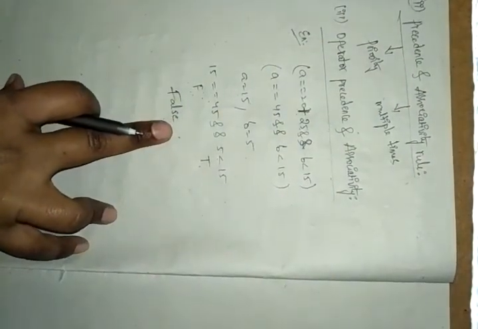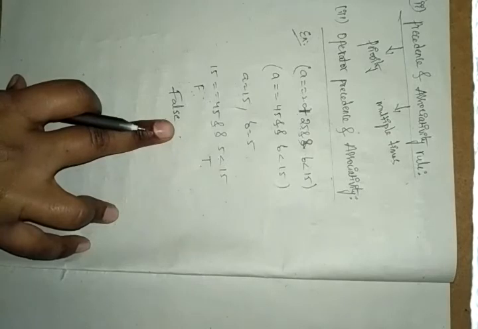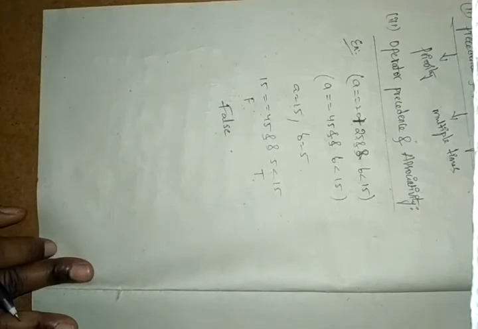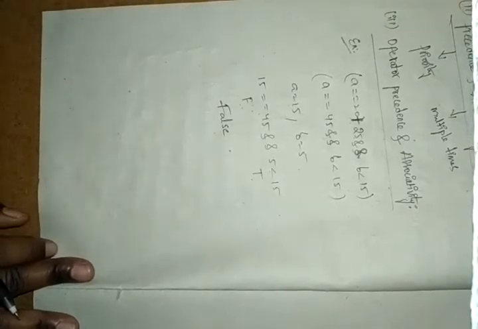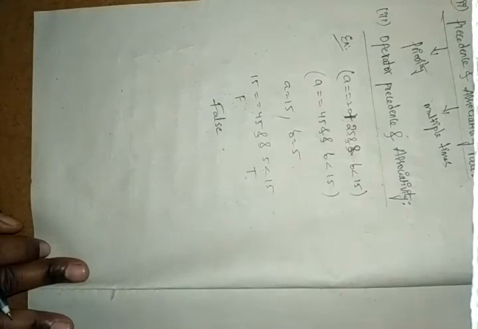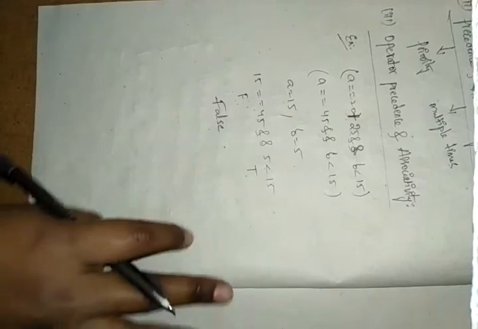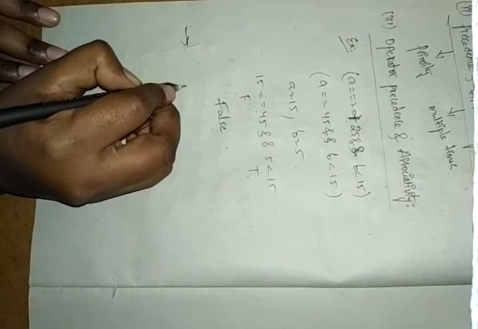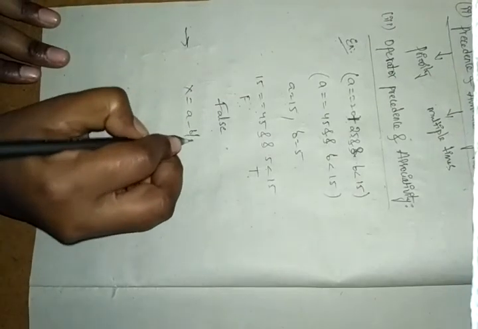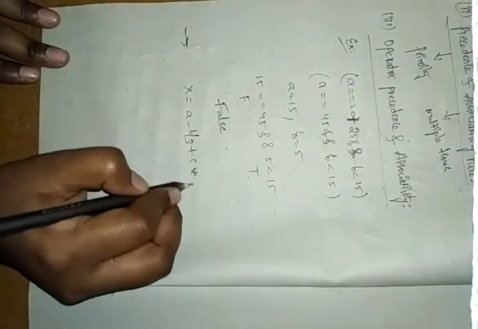Okay, and next here we have evaluating expressions. We are working, so for example, we have like this. Suppose you can work any example, means if you are passing values, you have to take the values. So suppose here I'm taking one example: x is equals to a minus b by 3 plus c into 2 minus 1.